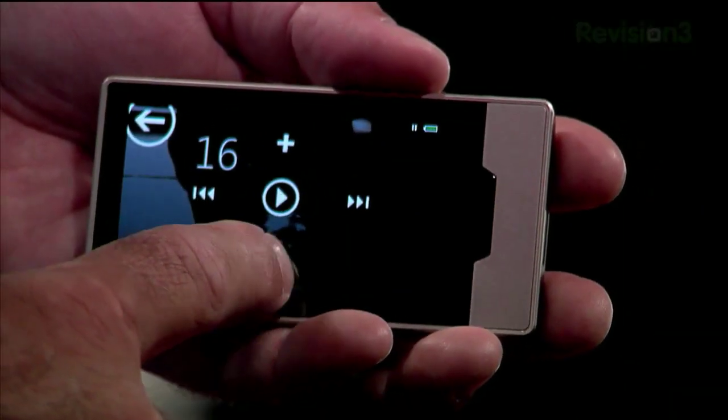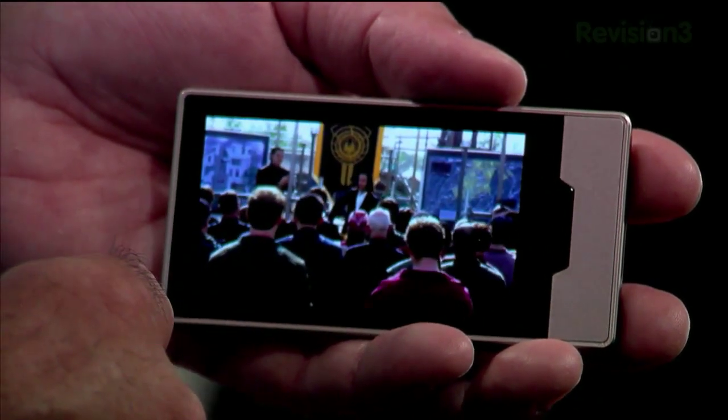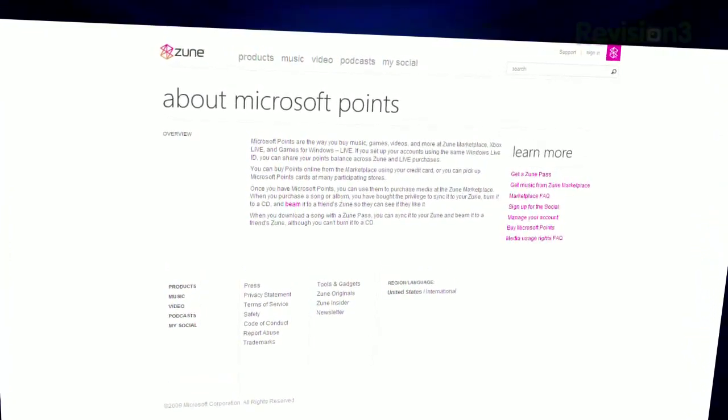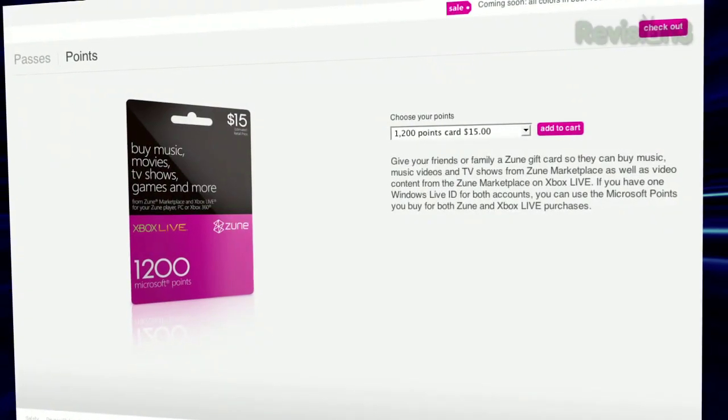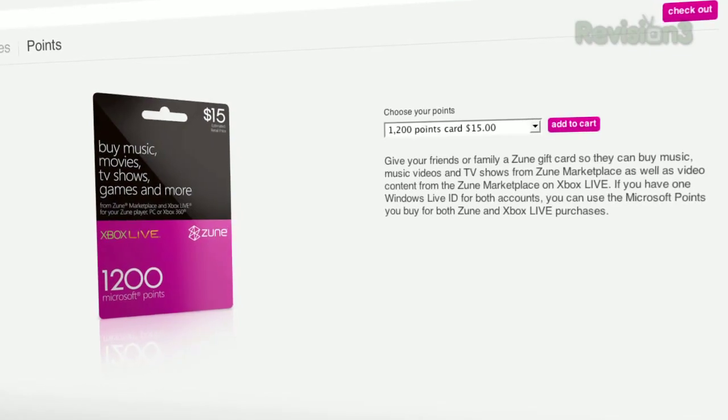The video from the Zune store looks awesome, but it is not cheap, and it's done by Microsoft's stupid point system. Do you like the point system? What is the point system? Well, okay, so in this case, it's not the Xbox 360 point system. In this case, it's the Zune point system. I don't know if they're interchangeable, but the point is it's $15 to buy 1,200 points. An HD movie to buy, at least the ones I looked at, were 1,440 points. An HD episode of Battlestar Galactica, 240 points. A SD episode of a favorite children's program, The Backyardigans, was 140 points,